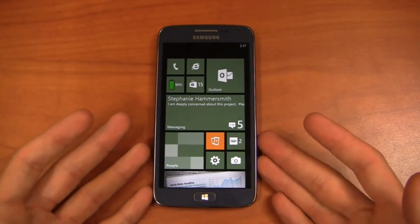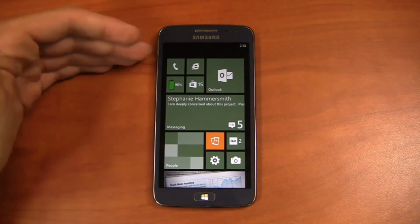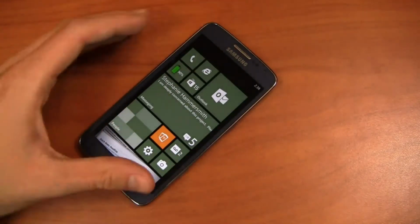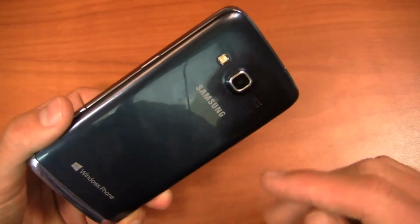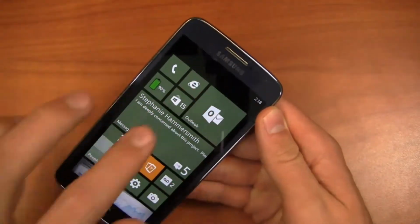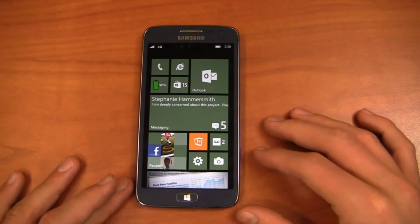And just to give you a quick recap of the specs from part 1: 1.4 gigahertz dual-core Snapdragon 400 CPU, 4.8-inch 720p HD display, so from a display size perspective, very similar to the Galaxy S3. 8-megapixel camera with 1080p HD recording, 2,000 milliamp hour battery, micro SD card slot, 4G LTE connectivity on Sprint, and then you've got some other goodies, including, of course, Windows Phone 8, 1 gigabyte of RAM, 16 gigabytes of internal